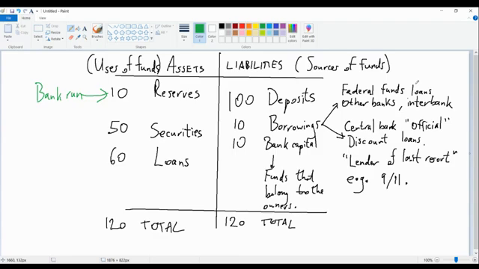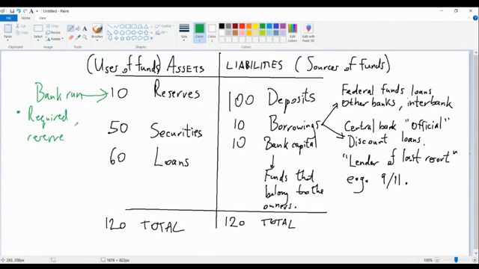So, since bank runs are not good for financial stability, obviously, people running to the banks unable to get out their funds, the government has an interest in trying to avoid them. And so it turns out that there are several policies in place to try and make bank runs less likely. So in this example, the fear of the people was that the bank didn't have enough reserves. So one way of trying to avoid bank runs might be to institute